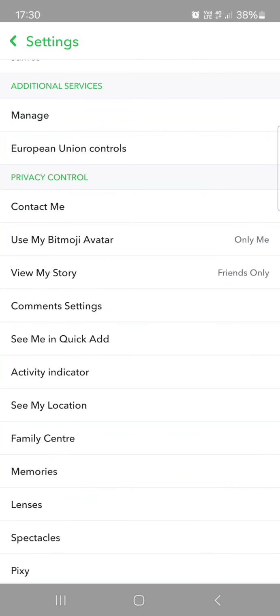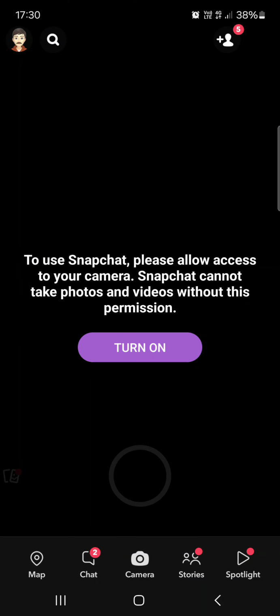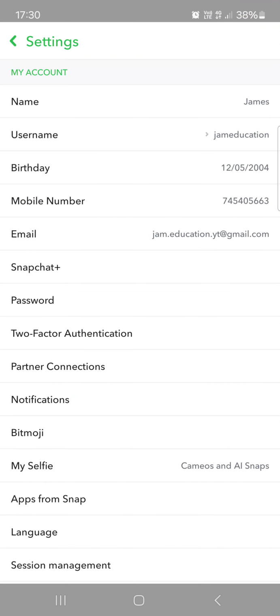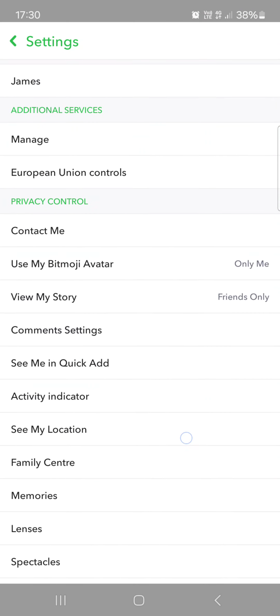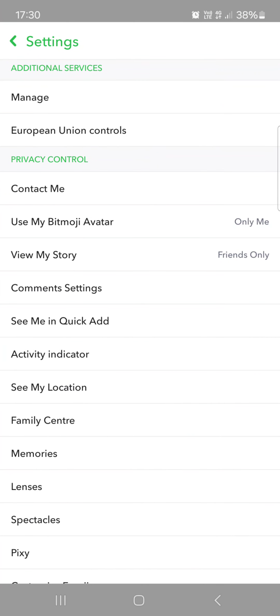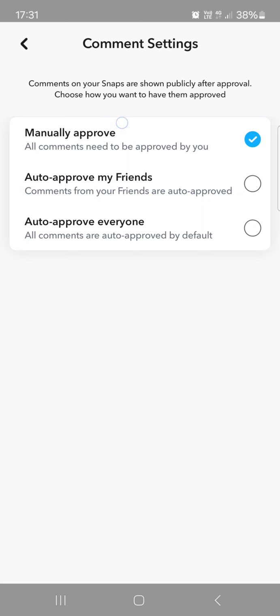First, let's open up the app. Here it opens up in the camera. From here we just go into the profile menu, then into settings. Now we scroll down and under privacy control we find comments settings. And here